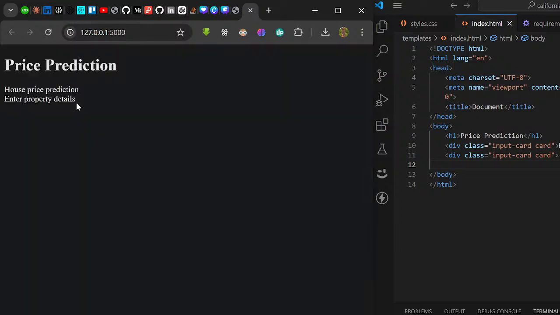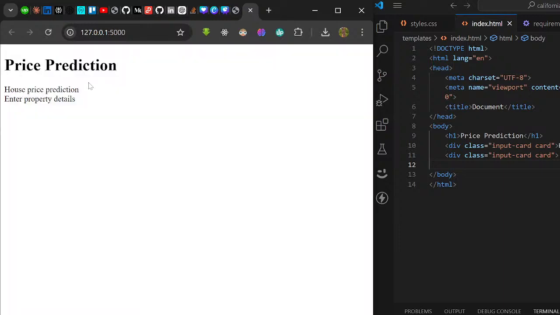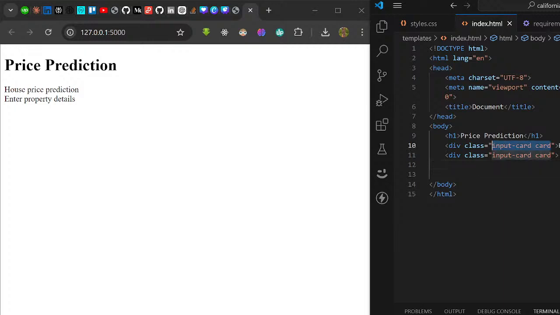Alright, so go ahead to create another div that says, let's call this container,